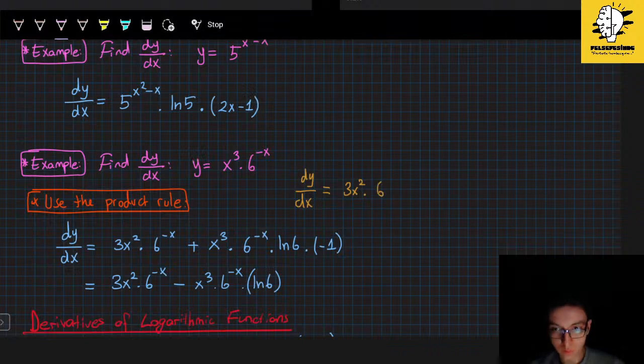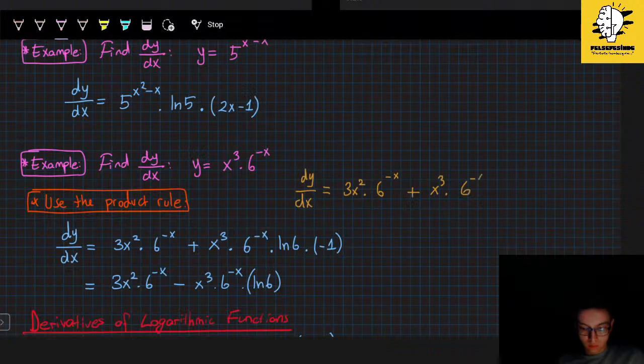But if we take the derivative of 6 to the power of minus x, firstly, let's put 6 to the power of minus x times ln 6. We take the natural logarithm of the base,